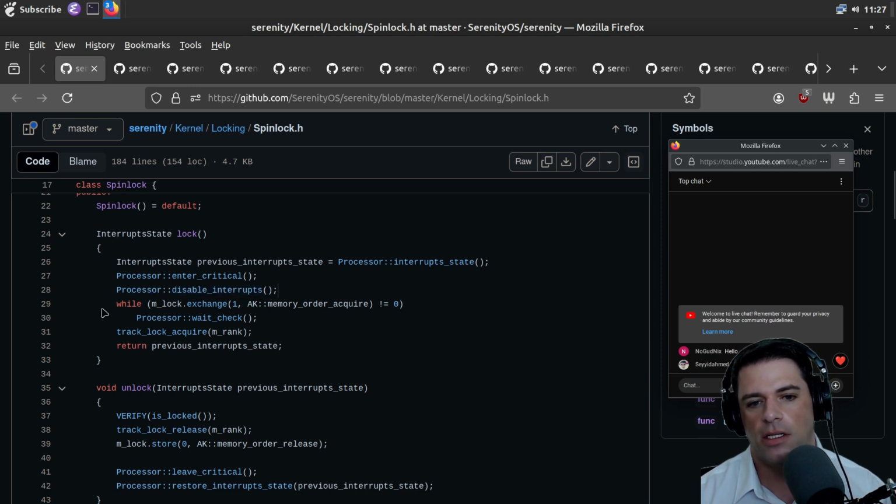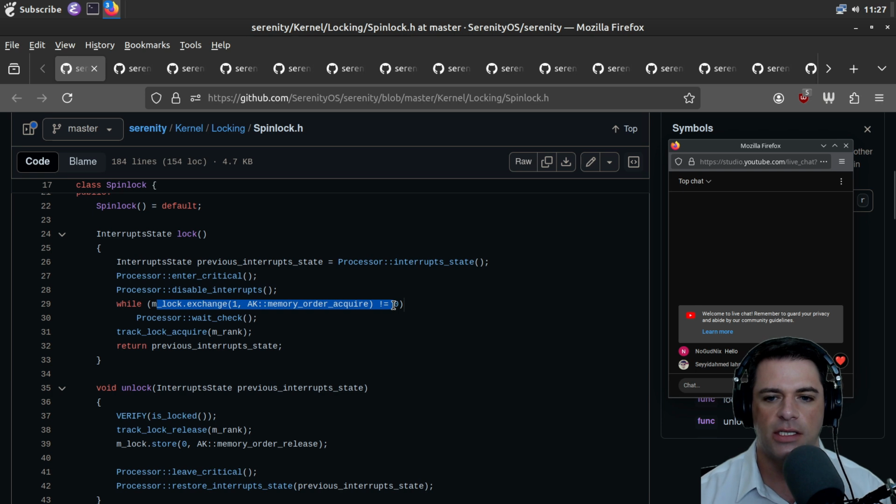And while lock exchange, something about memory order acquire, AK was this kind of like namespace of utilities as I have interpreted it. We're going to check that this exchange is not 0. I'm not sure what that means. And then if it is non-zero, we're going to call wait check in a while loop.